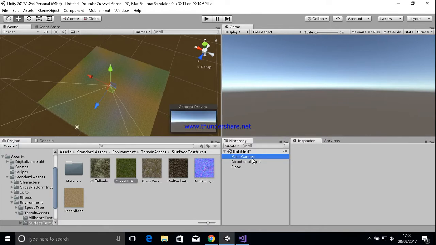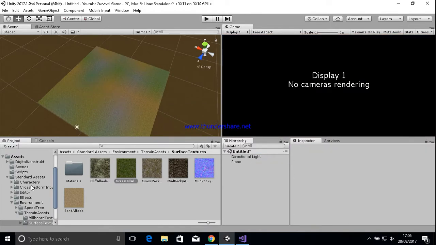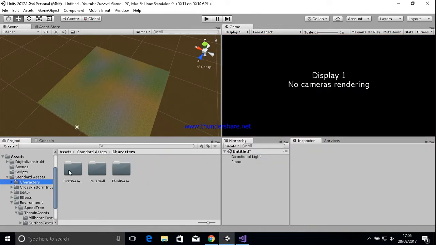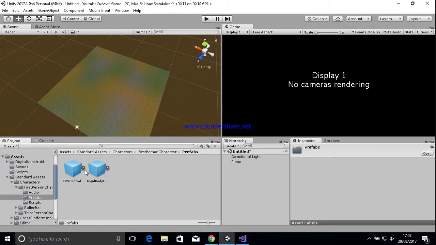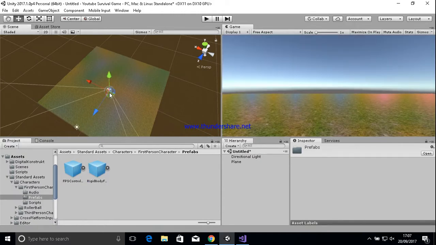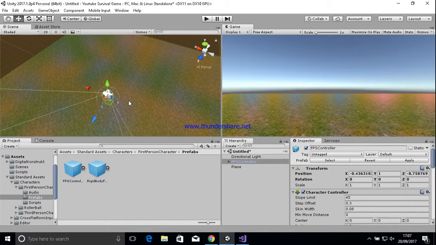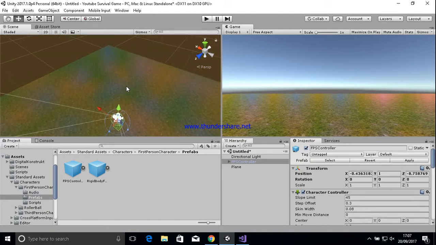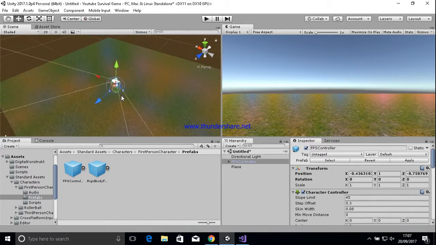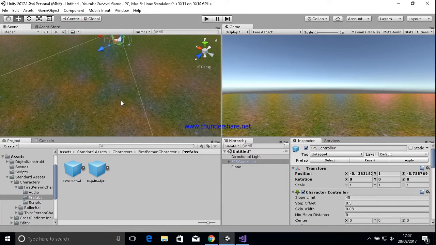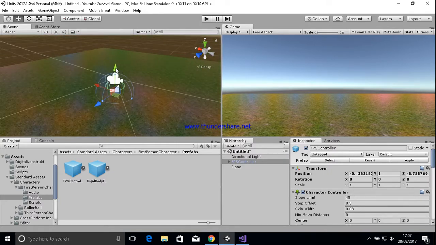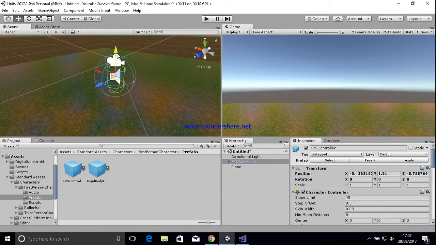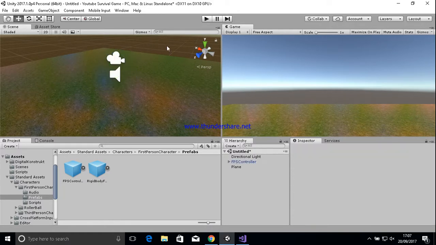I'm going to delete the main camera. I'm going to go into the characters folders, first person, prefabs, and just drag the FPS controller, scroll in on it. Right, so in this scene we're not actually going to be putting any grass in. We might if we break grass, but even still I don't think we'll do that. So yeah, that's the FPS controller. We'll get the small axe,